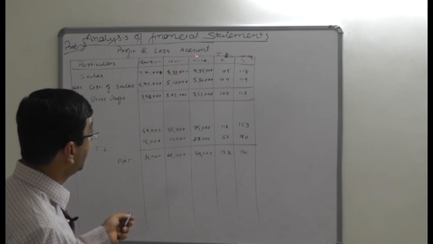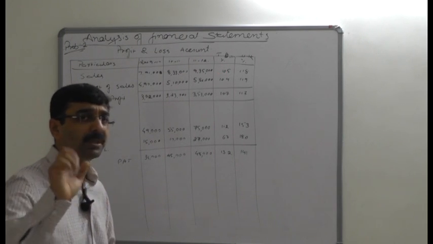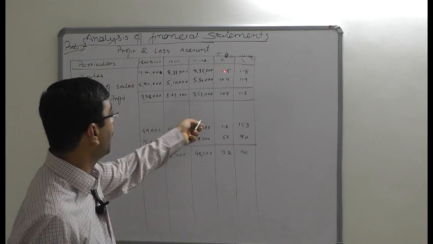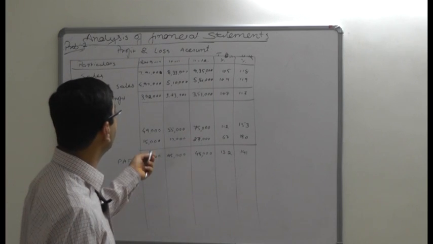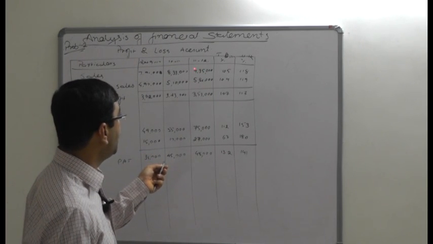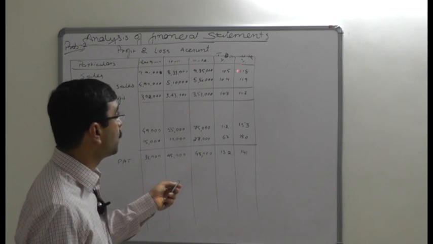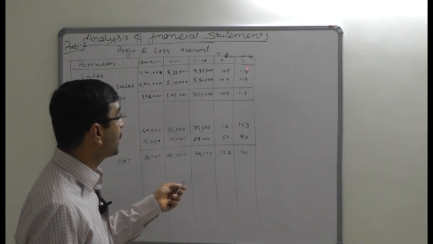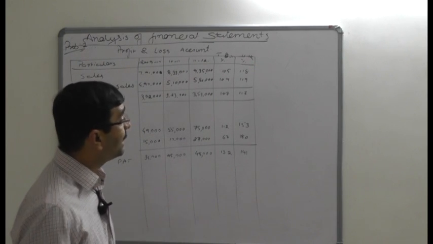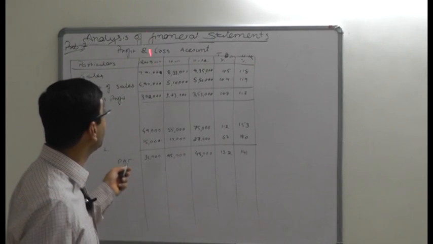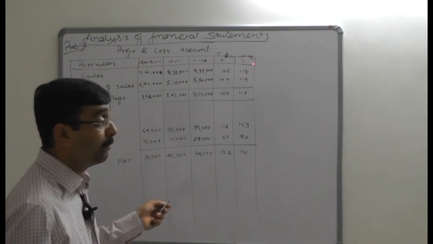So the percentage change, if you see here, is almost nearby 5%. Because the base year is 100 and it shows 105% in 10-11, that means a 5% increase as compared to the previous year. But in 11-12, it increased up to 9,35,000, which shows 118%. So as compared to the base year, it has almost increased 18%. The sales increase shows the trend. Every year sales increase by a certain percentage. But